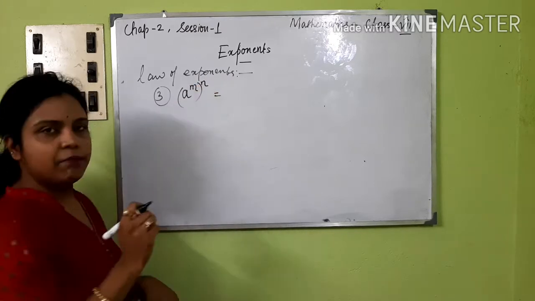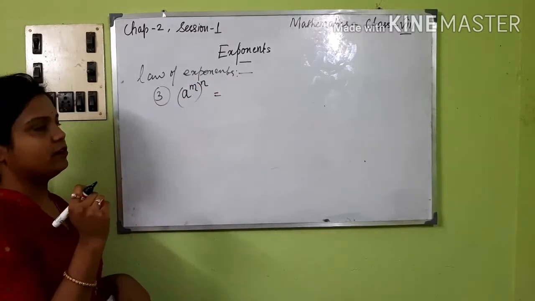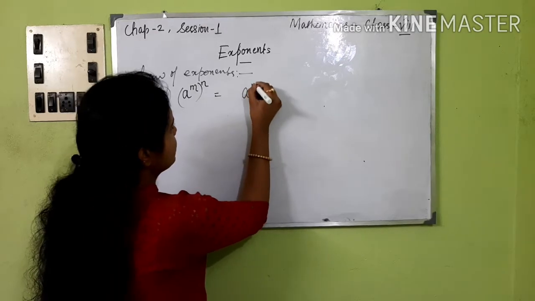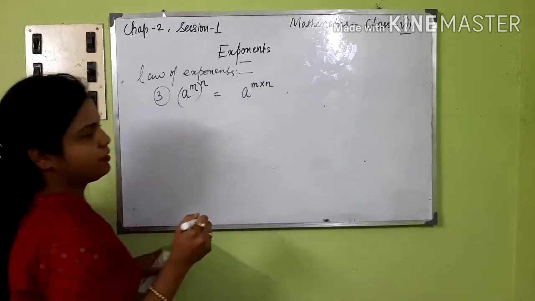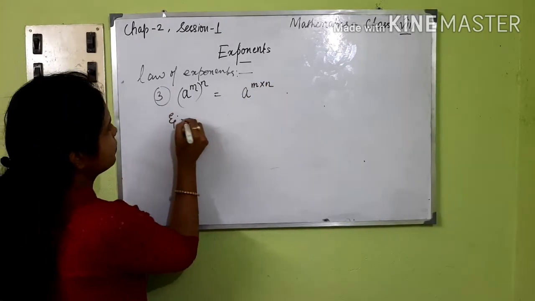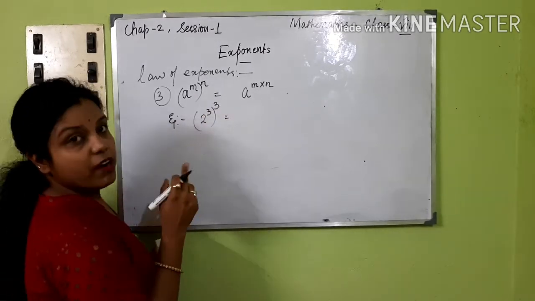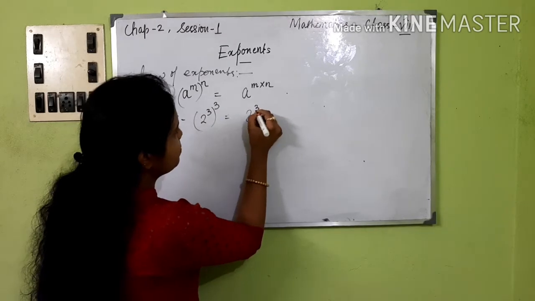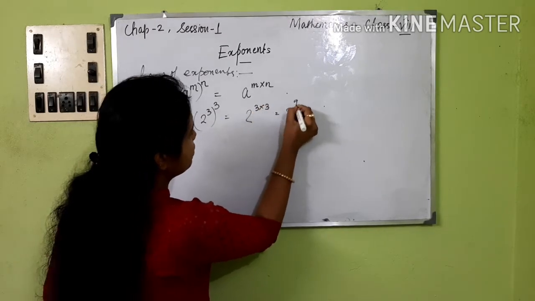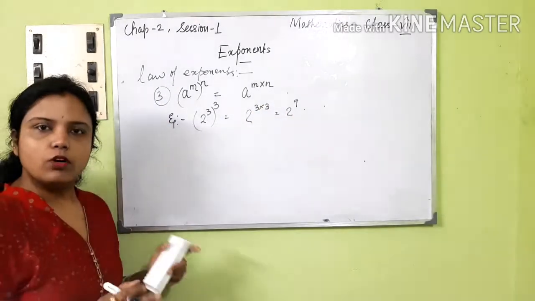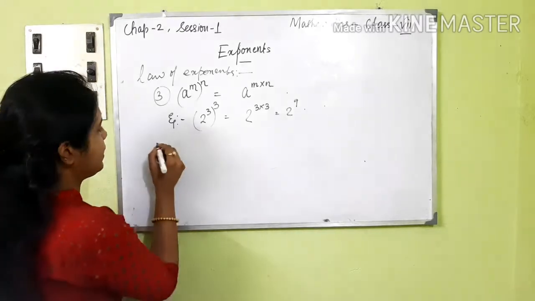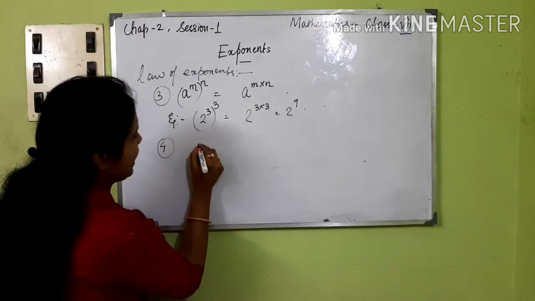A to the power m whole to the power n. Okay, what happens is the powers get multiplied. Example, 2 to the power 3 whole to the power 3. Powers will get multiplied. That means 2 to the power 3 into 3, that is 2 to the power 9. Hope it is very easy and clear. Next, the fourth one, a to the power